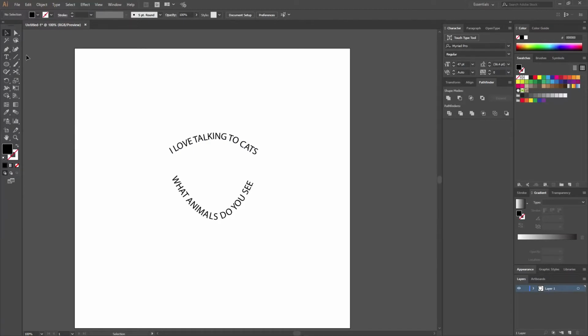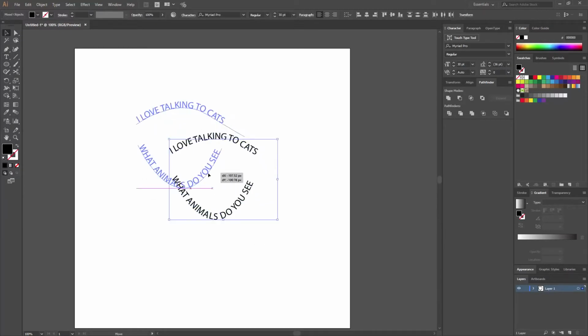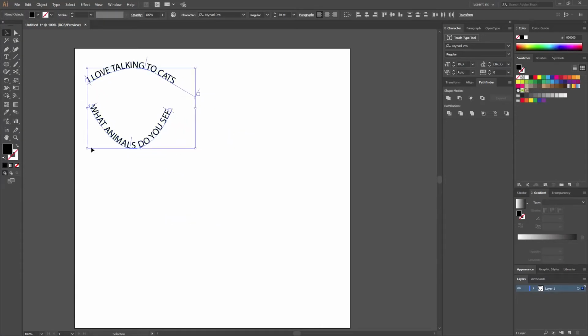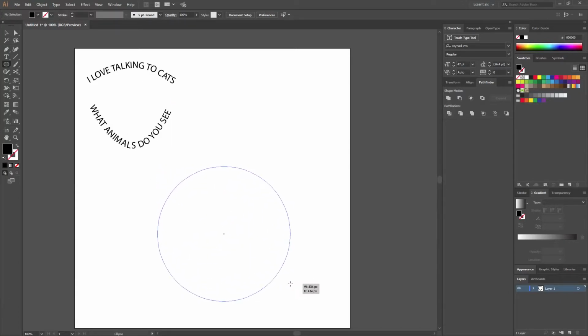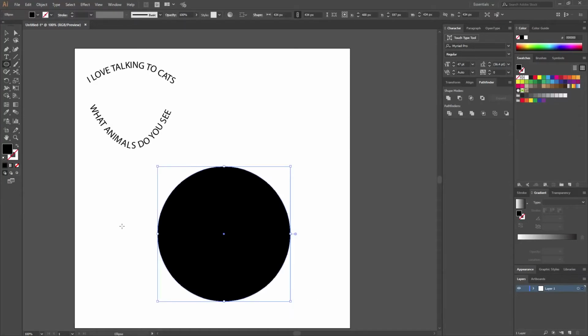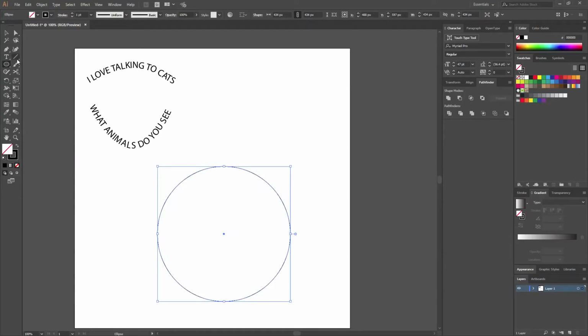So we're gonna move this to the side, and basically she wants this in a perfect circle. So how she would approach that is select the ellipse tool up here and come over here and hold shift to keep things proportionate, because we don't want ovals. This is kind of an oval. So hold shift and drag and let it go. To make it simpler, we will click this little arrow right here to swap the fill and the stroke. So we just want a stroke, and it makes it simpler. You don't necessarily have to do that, but